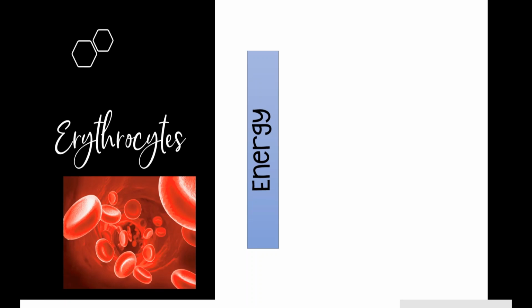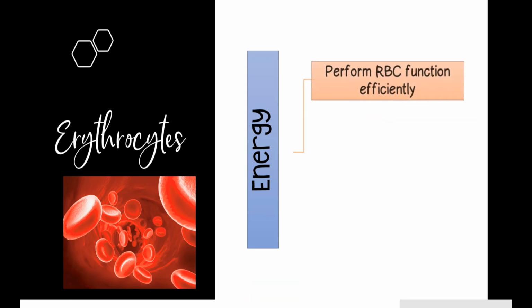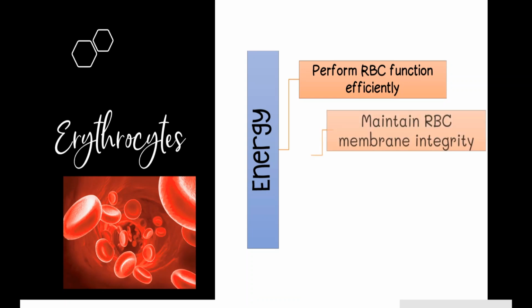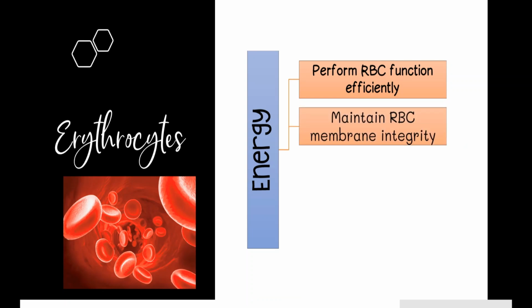Now, the energy generated during the Emden-Meyerhof pathway is of course used by the RBC in order to perform its function efficiently. So the RBC is able to deliver oxygen effortlessly under normal condition because of the enough supply of ATP. Likewise, the amount of ATP generated during the Embden-Meyerhof pathway is important to maintain the integrity of the RBC membrane. And I have mentioned earlier the importance of the integrity of the RBC membrane. When the RBC membrane is in good shape and in good condition, it will allow the RBC to become flexible